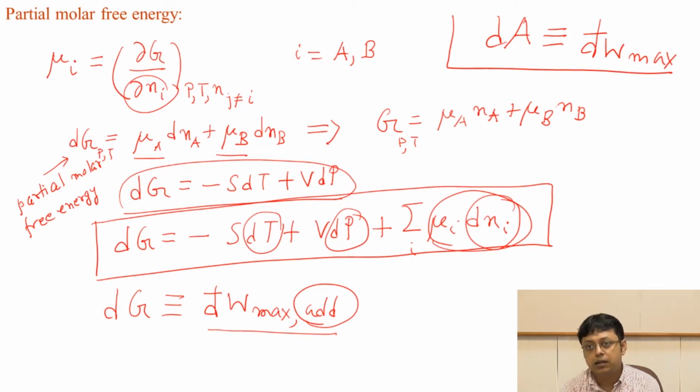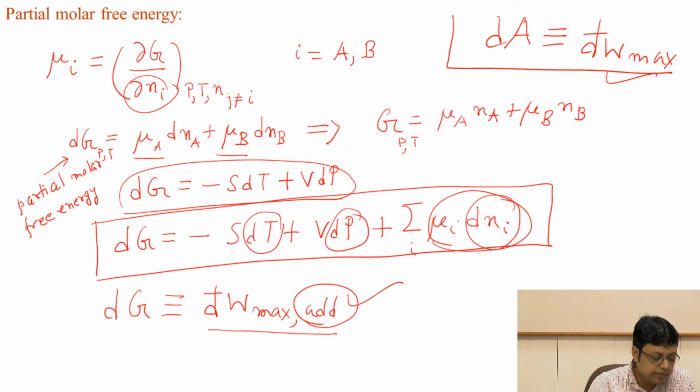It can be directly equated to the work done. For Helmholtz free energy, it was the pressure-volume work done. For Gibbs free energy, it is the non-pressure-volume work done. Now, if we write it in this way, we can easily see the meaning of this maximum additional work,